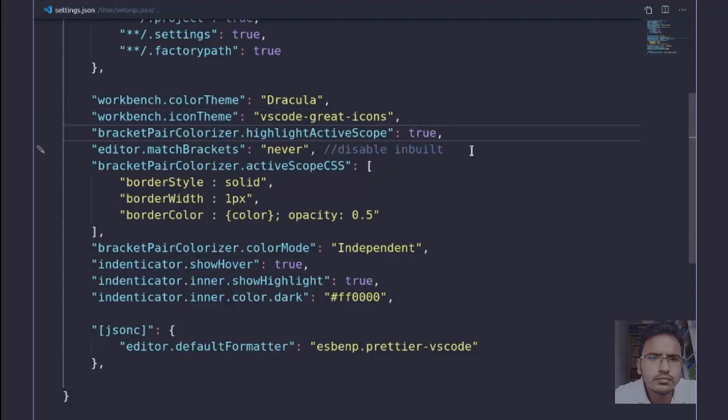Theme, icons, Bracket Pair Colorizer, Indenticator, not Indicator, Indenticator.